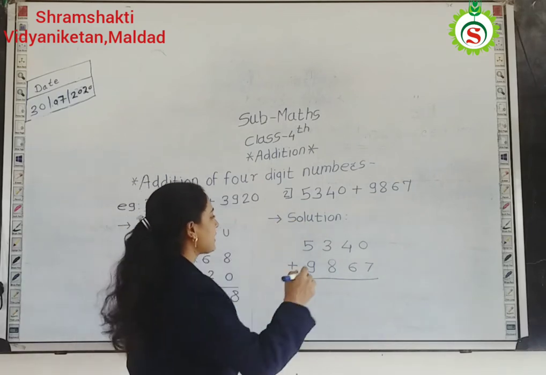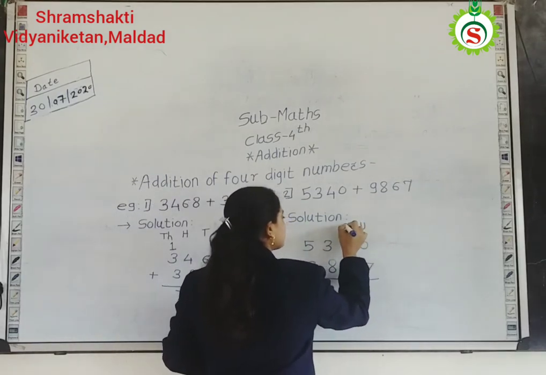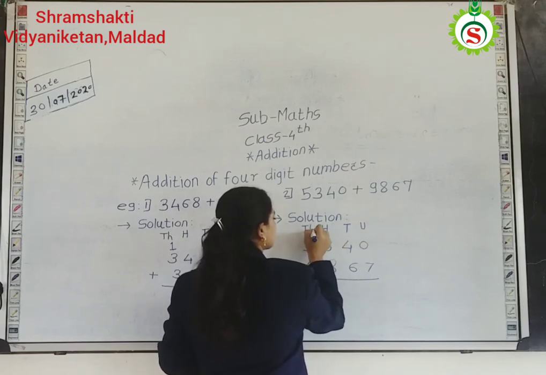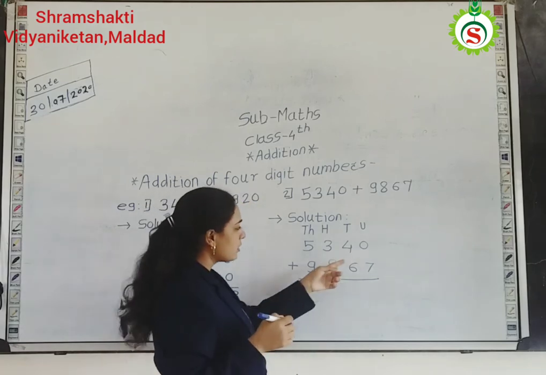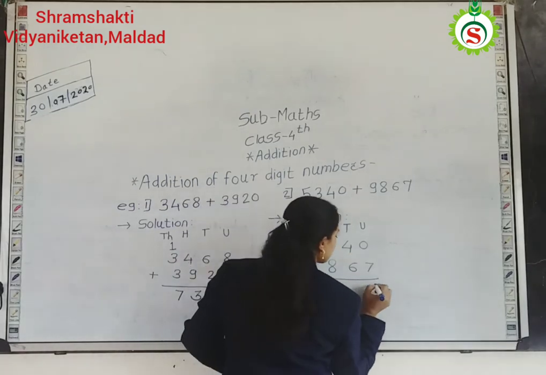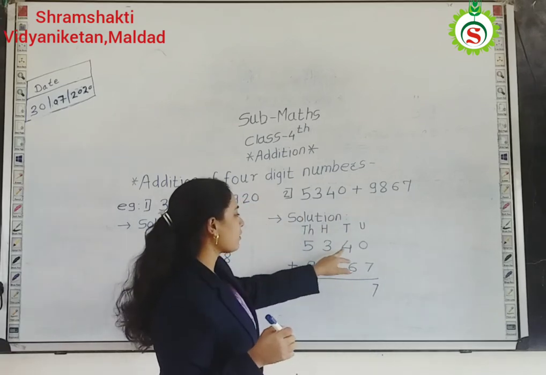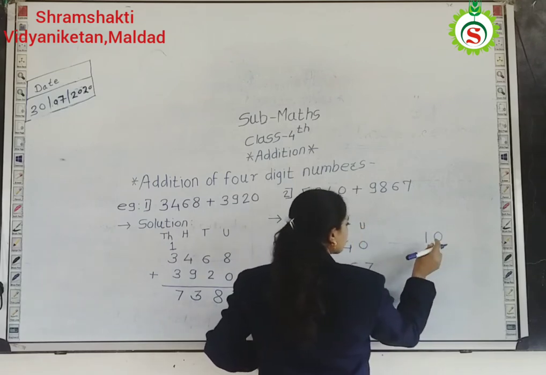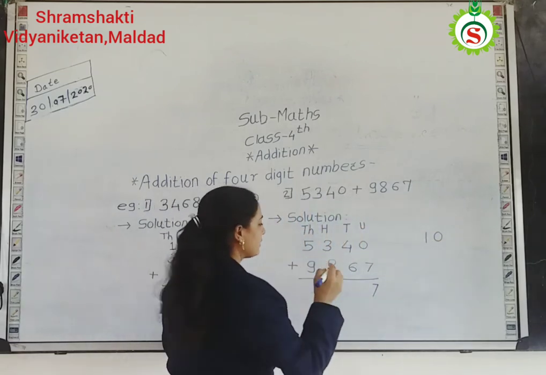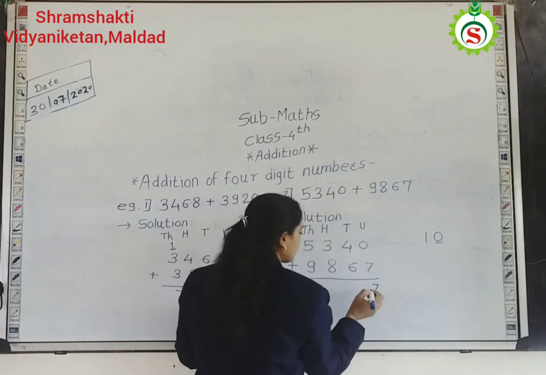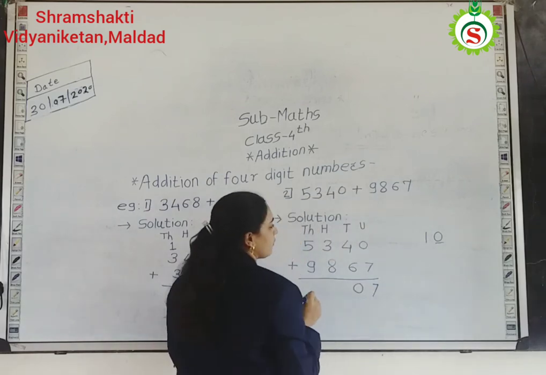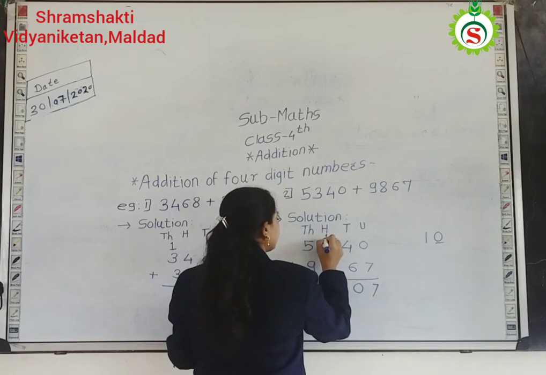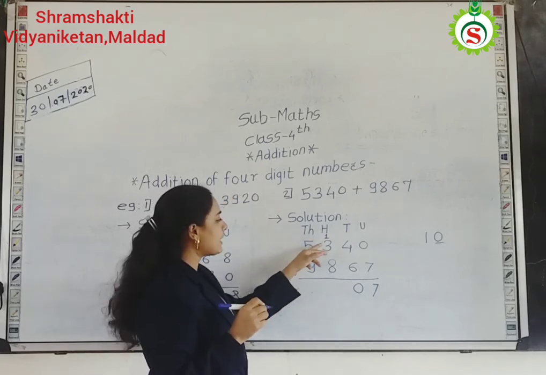Take some space here and write the places: units, tens, hundreds, and thousands. And simply do the addition. 0 plus 7, 7. Now here, 4 plus 6, 10. And how do we write this 10? Correct. Write 0 here in the units place of this number. And what do we do with this one? Carry it to the next place. 1 plus 3,